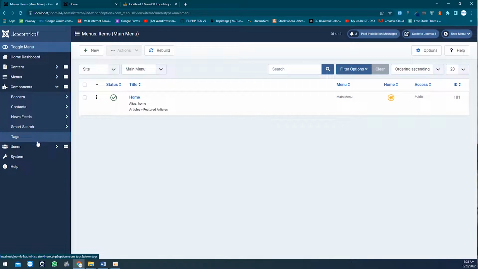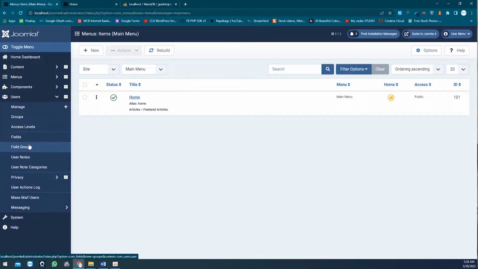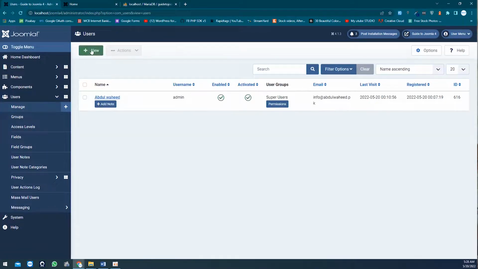And the user, which you can manage, you can easily create some more users or let users register from the front end of your website, or you can create the supervisor and more administrators in your website admin. And the last thing is the system. In system you can